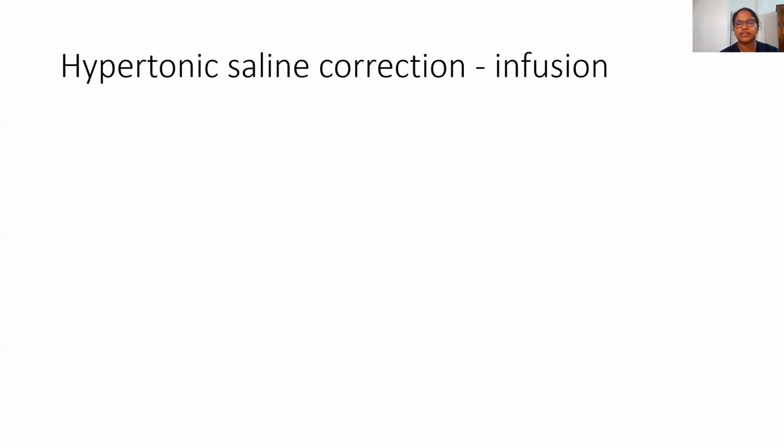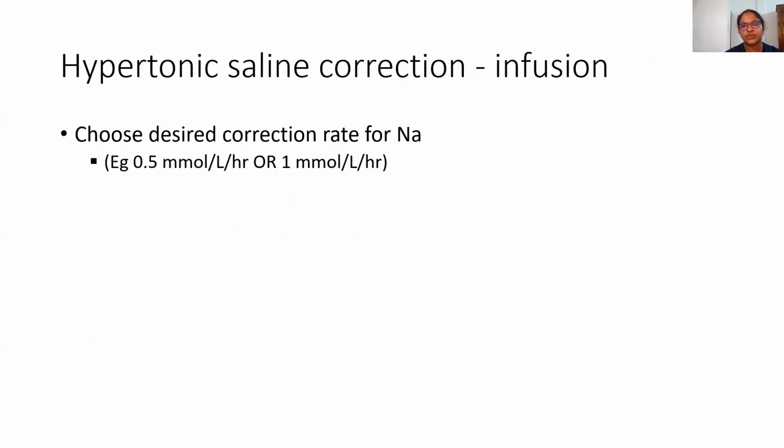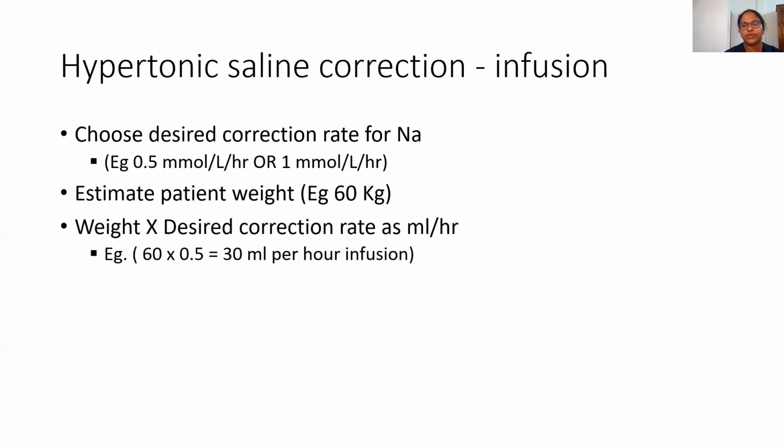So now you know how to give a bolus, and now how to set up a hypertonic saline infusion. You can choose a desired correction rate for sodium rise. The most commonly used rates are either 0.5 millimoles per liter rise per hour or 1 millimole per liter rise in sodium. Then you estimate the patient's weight, say it is about 60 kilos. What you do is multiply the weight by the desired correction rate. So if the weight is 60 and you want a 0.5 millimoles rise in sodium, you have to give